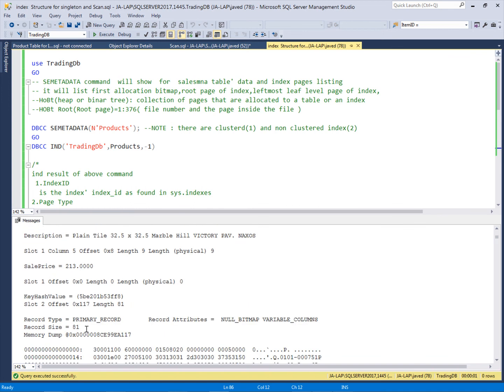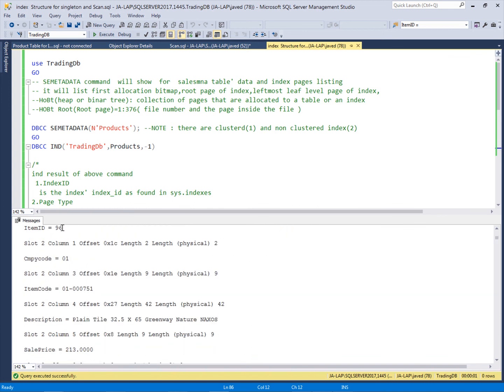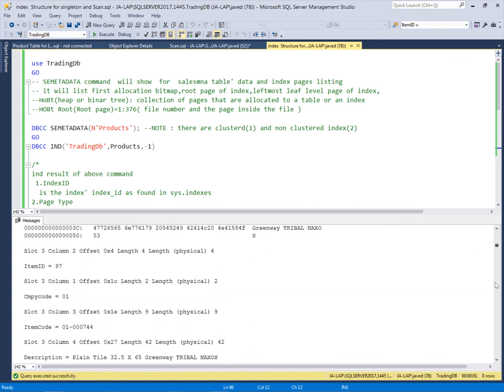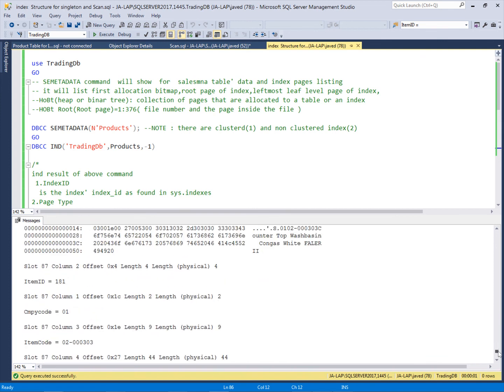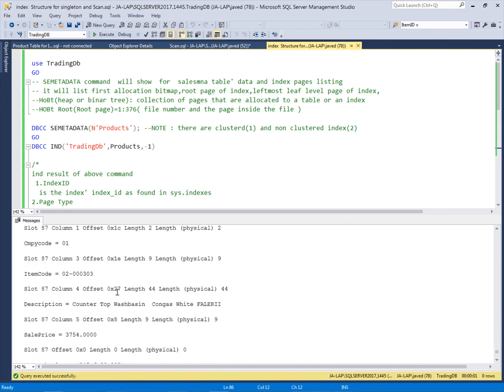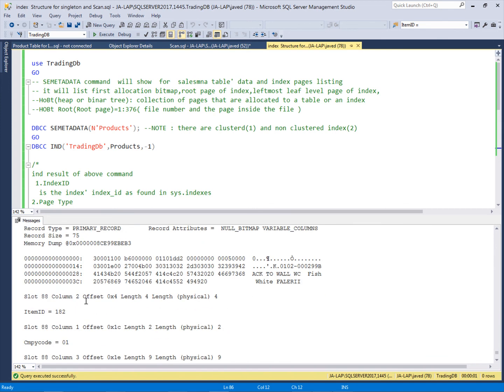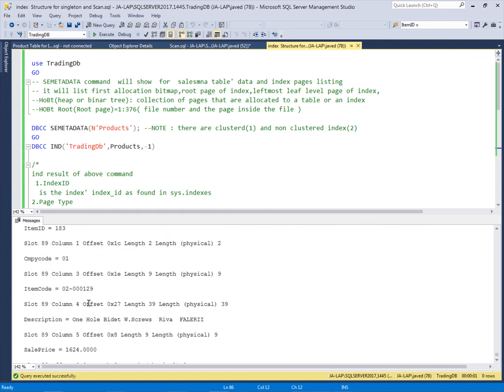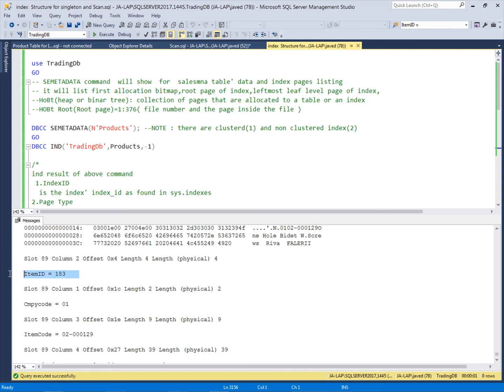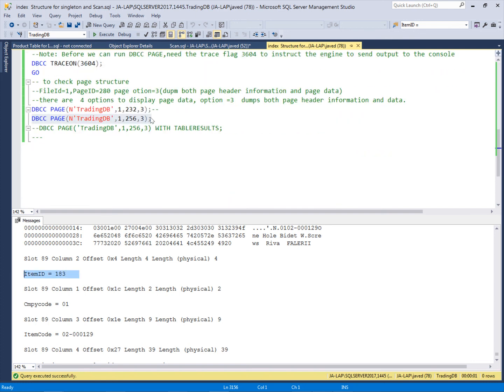So it will go next, item ID 96, and the last ID on this page is 183. So this is the last ID on this page, because the next page we have seen, if we check again the root page ID,